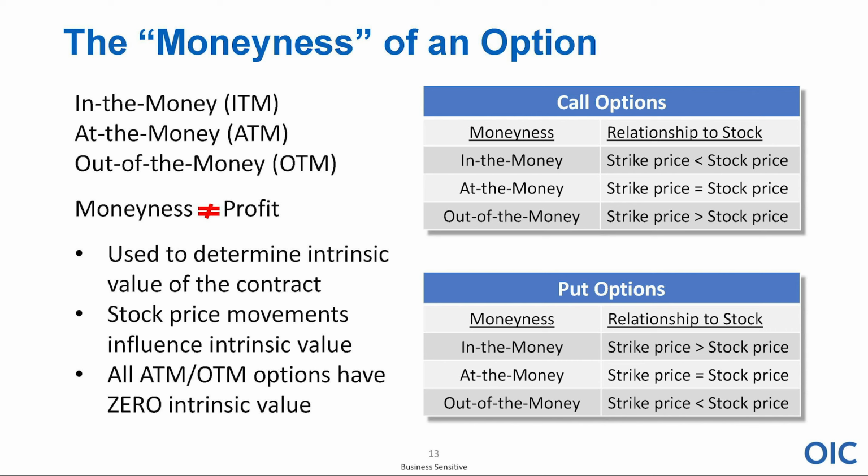And let's talk about then the slide that we have here, the moneyness of an option, right? So there are terms that we use with options. When you take a look at, let's just stick with the call options, in the money, at the money, and out of the money. And what I did was I sold an out of the money option. All right, and if we use the example we used a couple of slides ago with the stock at 79, I might sell the 80 strike price call.